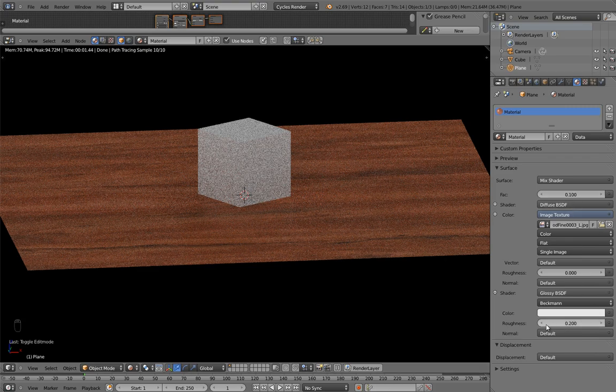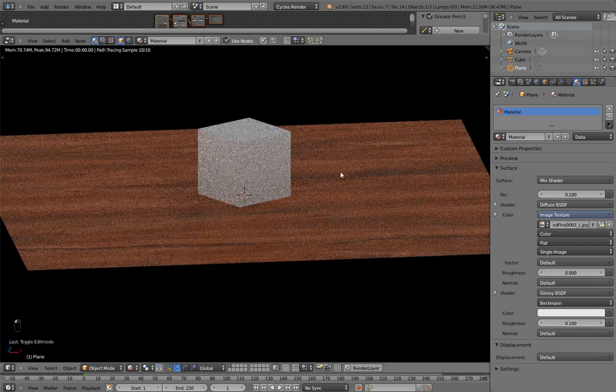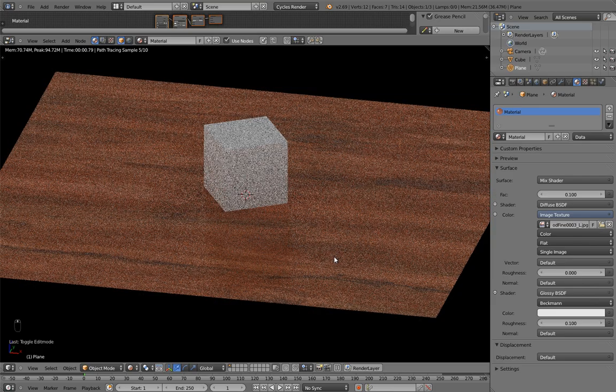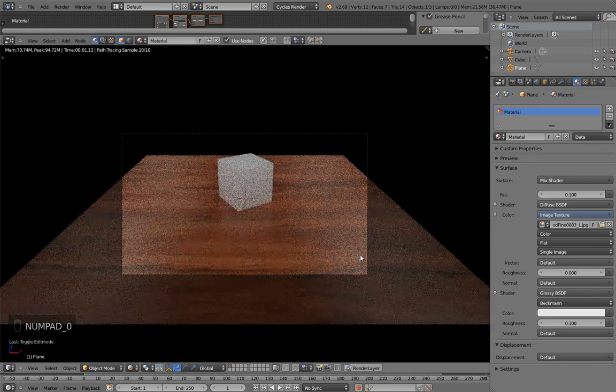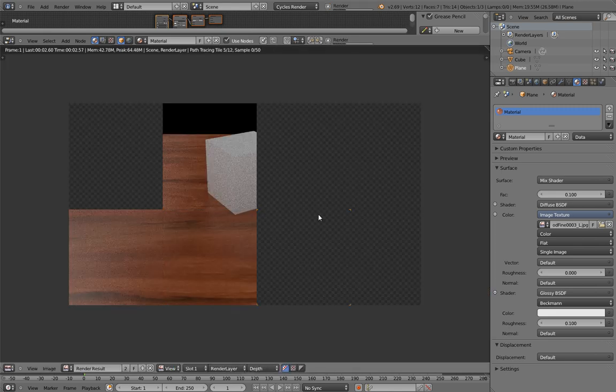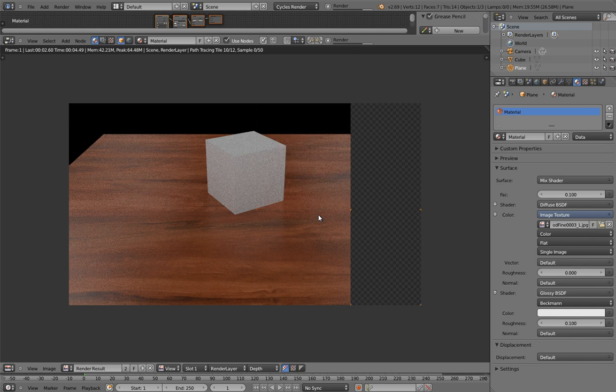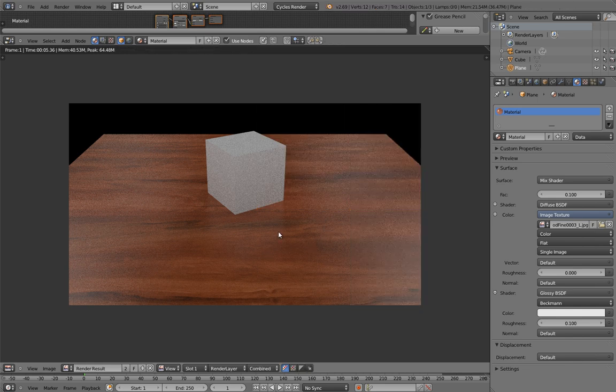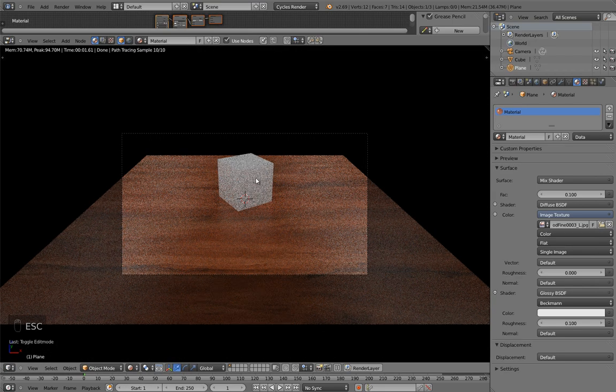Actually, I kind of want it to be less. There we go. Okay. See what that looks like. Oh, it's good enough. You get a little reflection here, and less is more when you're doing this stuff. Don't go overboard and make it look like a freaking mirror. It doesn't look realistic. So anyway,